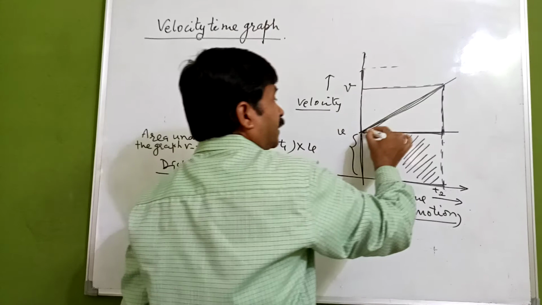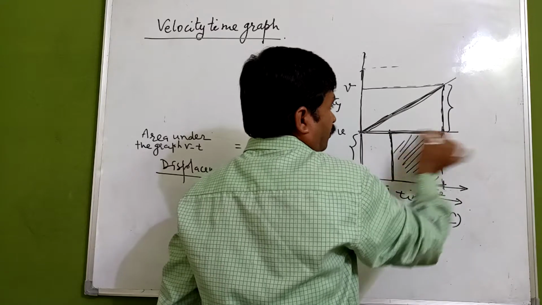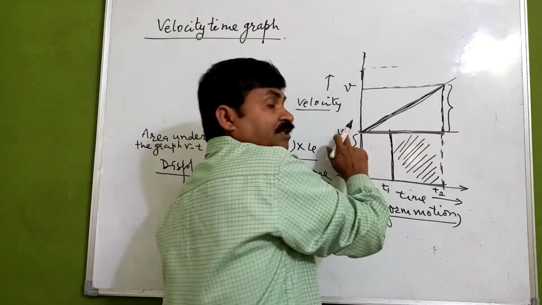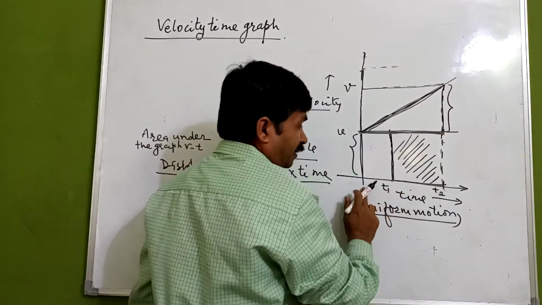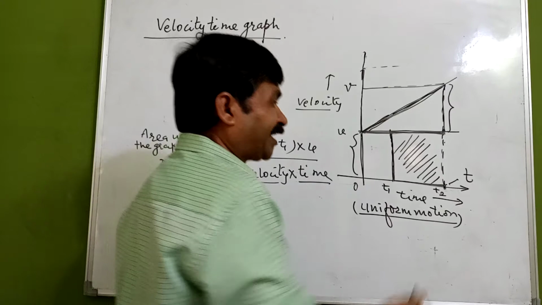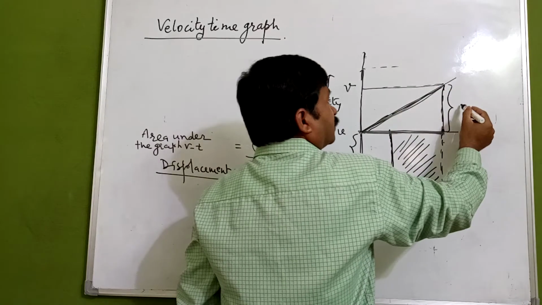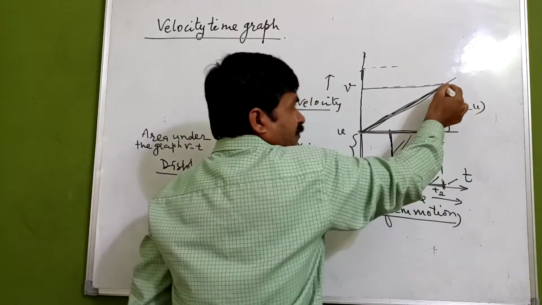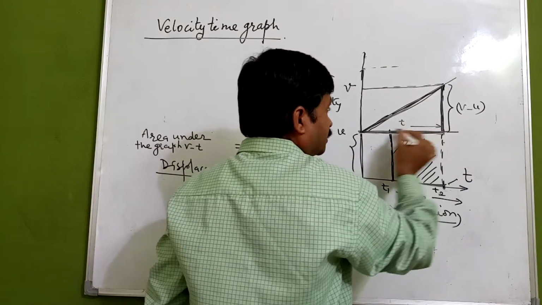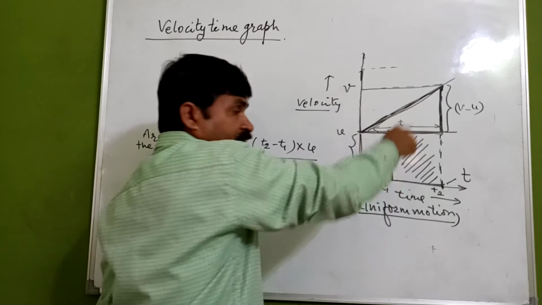अब यहाँ पे देखें एरिया अंडर द ग्राफ हमको क्या दे रहा है, इसके पहले हम देखें यहाँ पर क्या मिल रहा है. If we are talking about only this, because it started from here, an object is moving from this initial velocity u to final velocity v, and if we are taking this time as t, say t equal to t for an example, so what I am getting here, this will be v minus u, there is a change in the velocity, and from 0 to t, it is going to be this. So what we are getting? We are getting the slope.